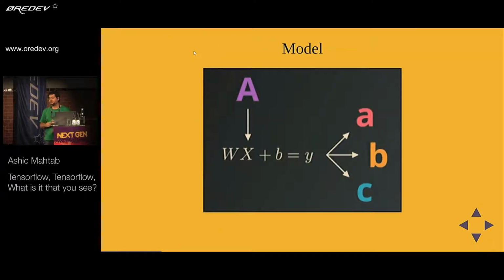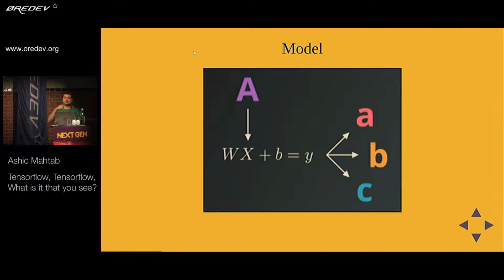What logistic regression does, it's a type of classifier. You give it some inputs, you give it some training data, and the goal is that once you've trained it up, you give it some more inputs, and it will predict what class something belongs to. So for example, here, you can give it the letter A, and it will tell you whether something is A, B, or C. That's what it's learning.